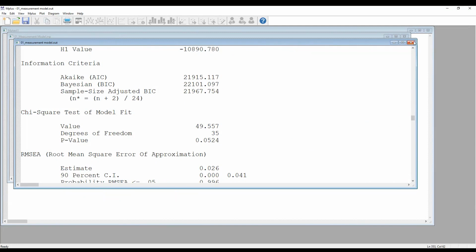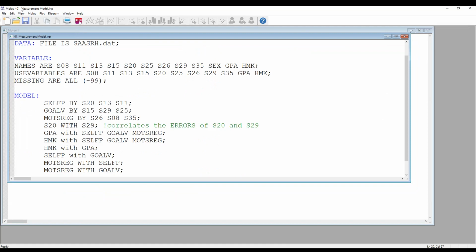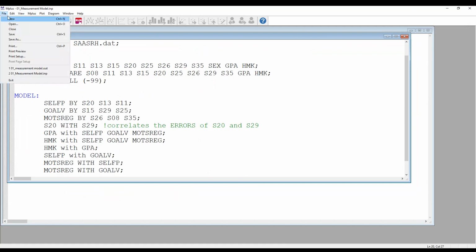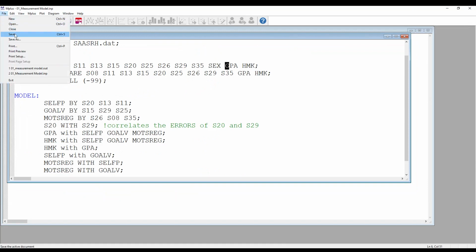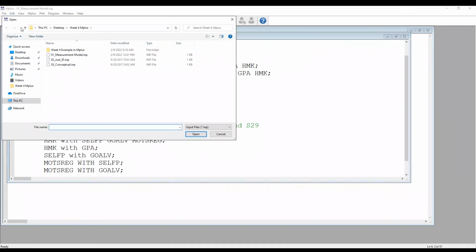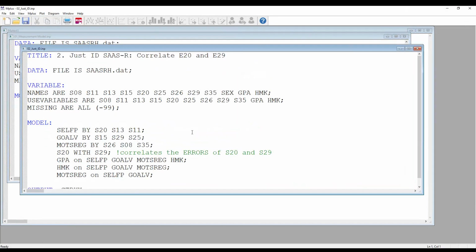So my measurement model fits well, but if it didn't, this is where I would be making some modifications. Like, oh, my measurement model doesn't fit well. What's going on? But luckily, we don't need to do that. So we're going to move to the next part, okay, example. So let me save this, by the way. Save. So let's go to our next one, and open the just identified conceptual model. So notice here,